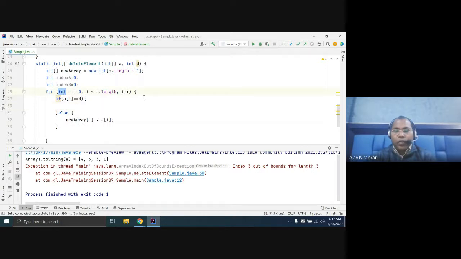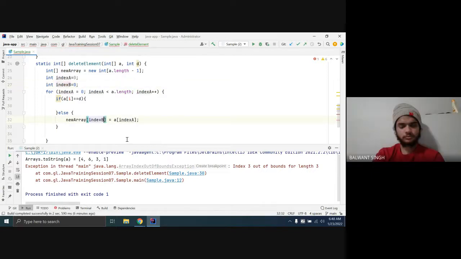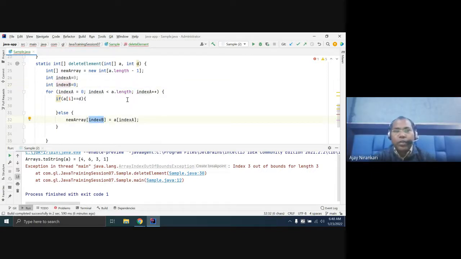Whenever this loop starts with index A, you copy data from index A, and whatever this value is, you put it in this index. But whenever you copy this, index A increments here, whereas index B increments only when a new value is put. So you can just do plus plus here.